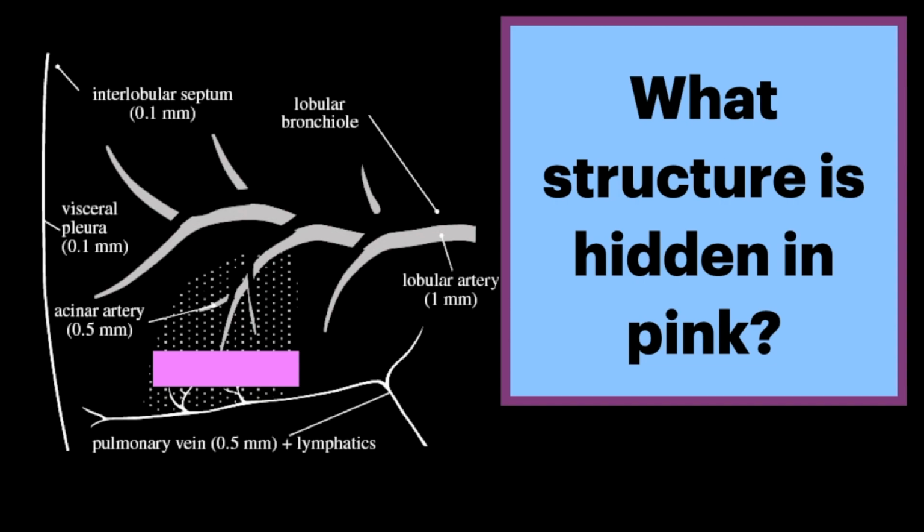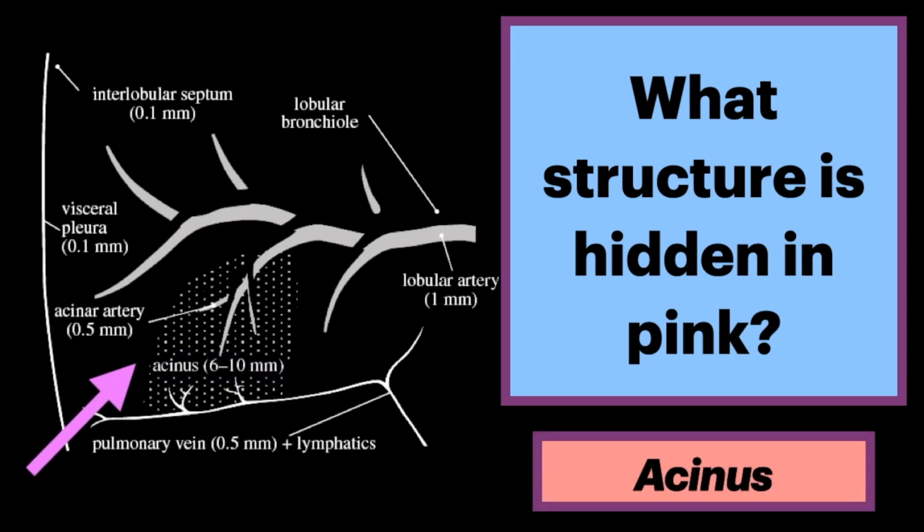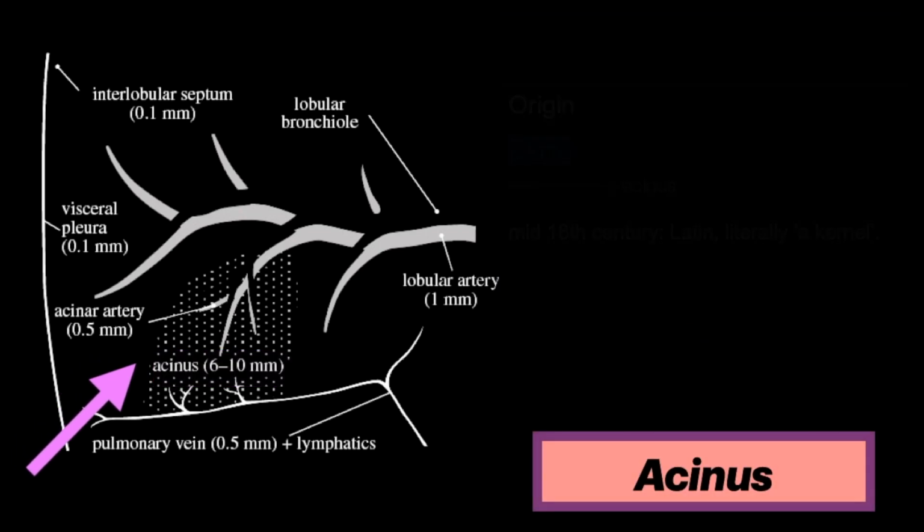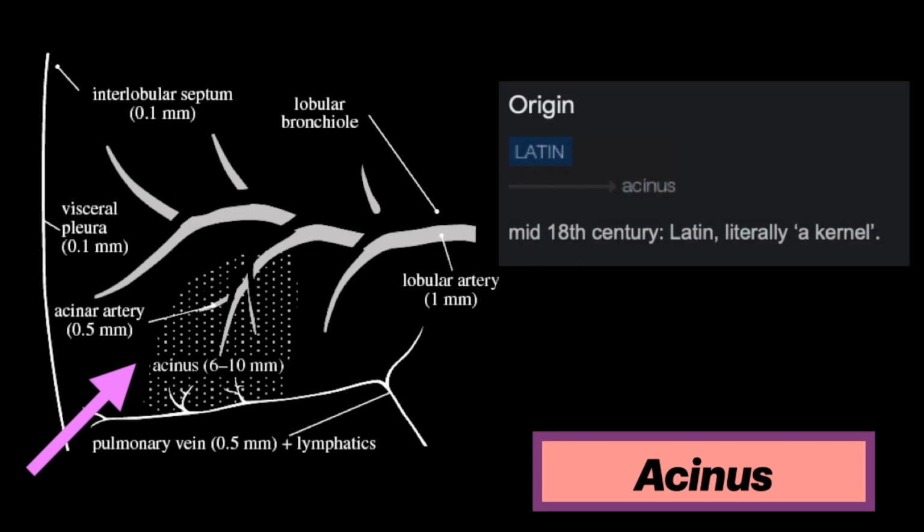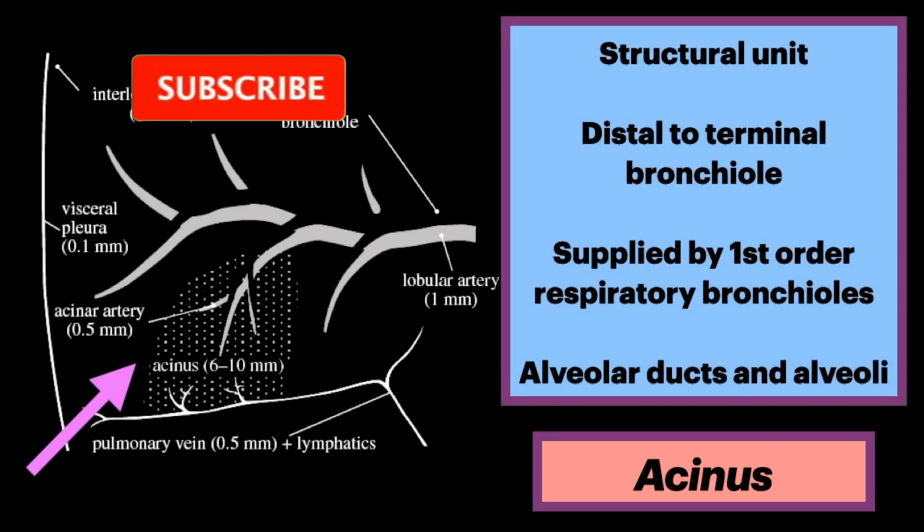What structure is hidden in pink? As a hint, note the artery feeding this structure. This is the acinus. It comes from the Latin word meaning kernel, and is the structural unit of the lung